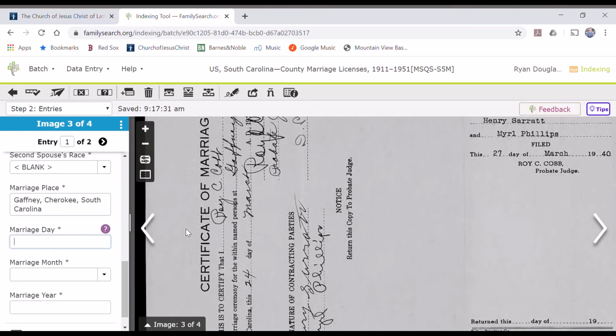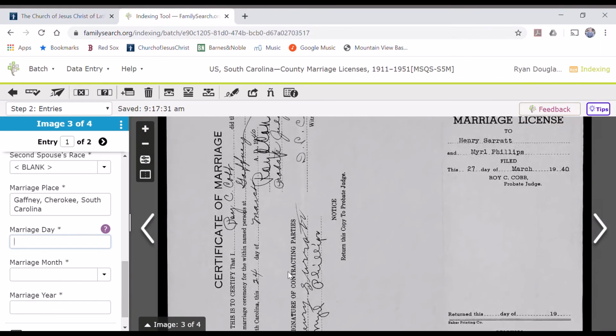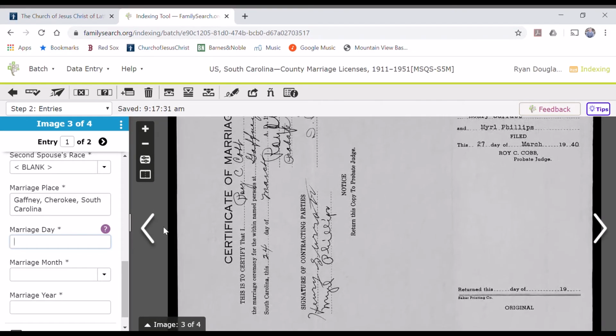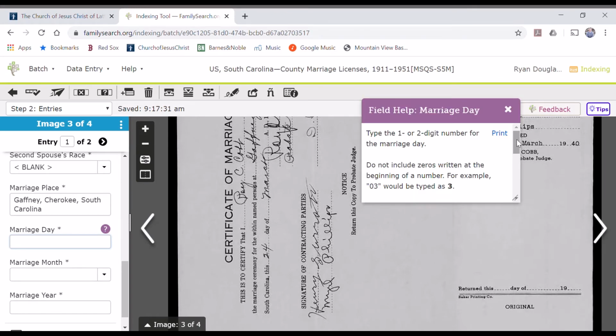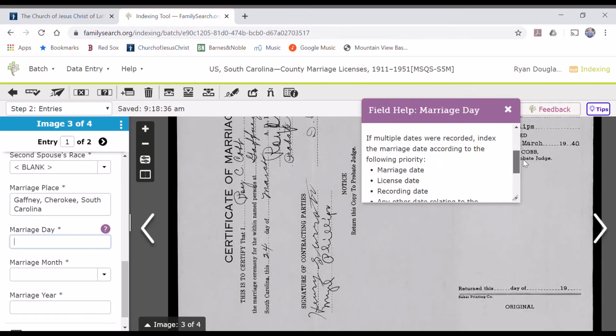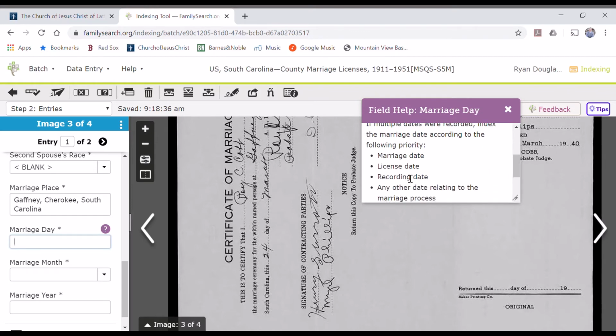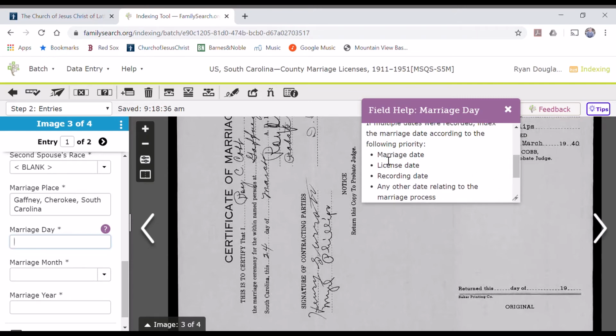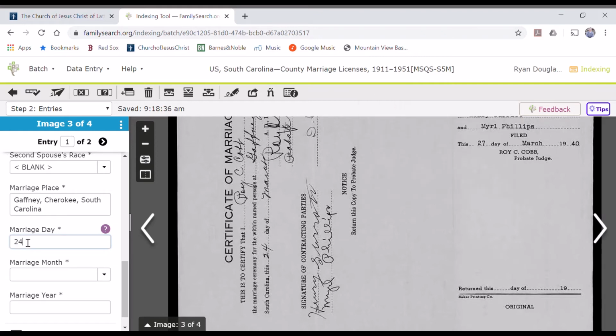So there is a question always about which day to put down. This day was the day it was filed, and this is the day that they applied for it. If we click here, that'll give us some clues as the order. Since there's multiple dates, it's going to go like this: marriage dates, the license date, the recording date, or any other date. So in priority, if I have a marriage date, I want that to be first. The license date, which I think that's what this 24th of March is, I'm going to record that one. If I didn't have anything else, I would record the recording date, the date it was filed. But so I'm going to record the 24th of March,